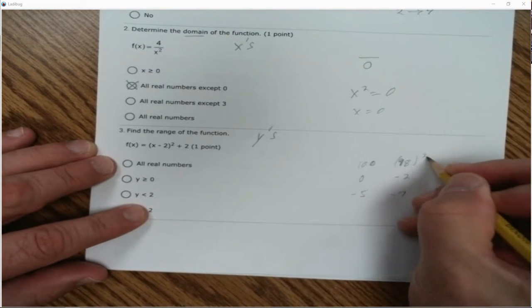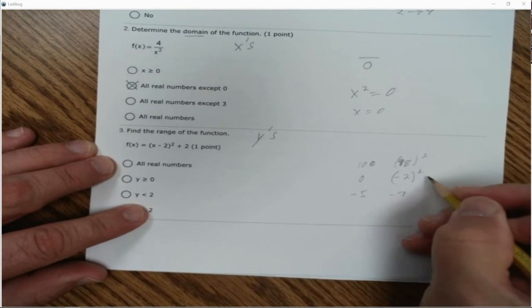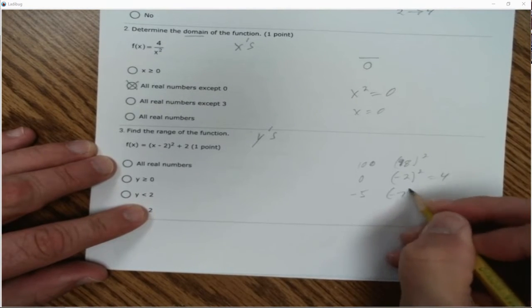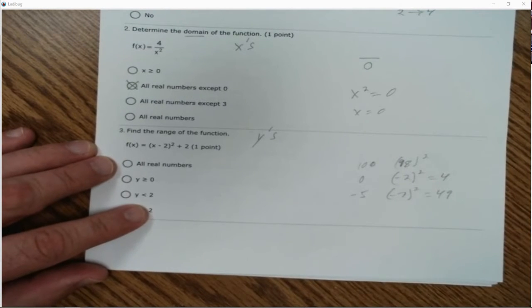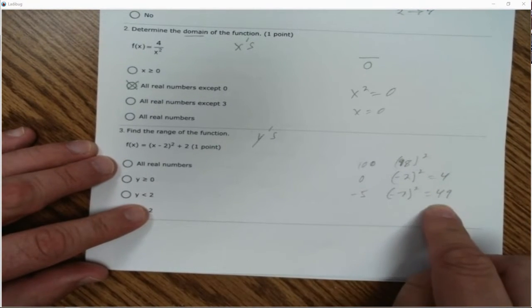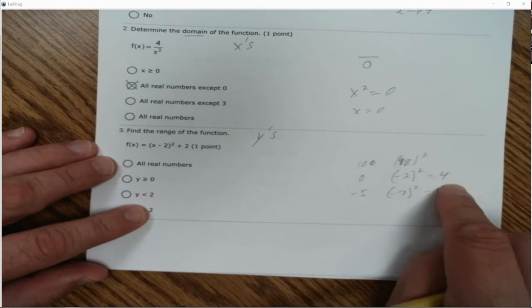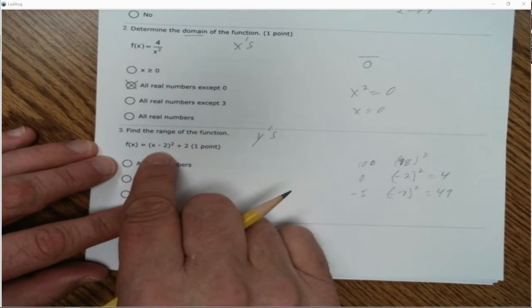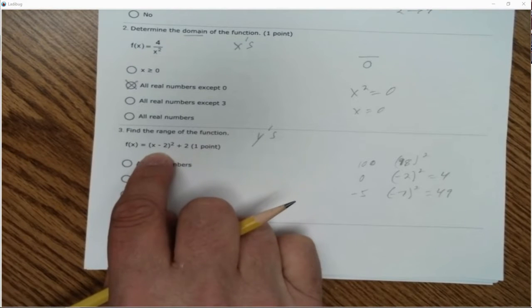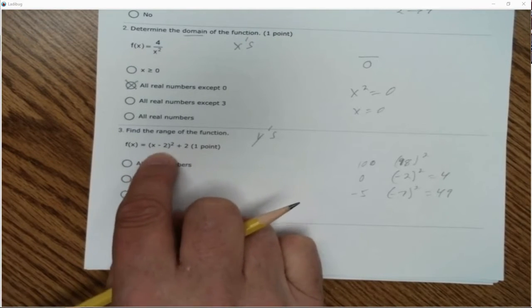98 squared, big number. -2 squared, it's going to be a +4. -7 squared, +49. Whatever number we take is going to be squared, so it's going to be positive. There's no way we could end up with a negative number here. There's no way we can end up with a negative number coming out of this squaring process, even if x